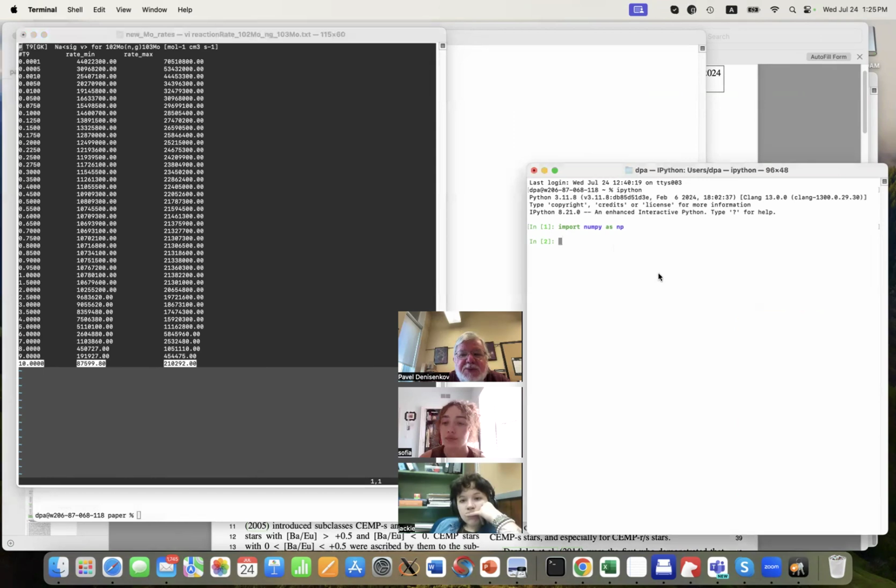Okay, so now I take Ri min and Ri max. First, I'm supposed to calculate a recommended rate, which is just the geometric mean of Ri min and Ri max, which means the square root of the product of Ri min and Ri max. So in this window I opened just an IPython calculator, right? First I imported the NumPy package as np. Now I have to take np.sqrt of the product.